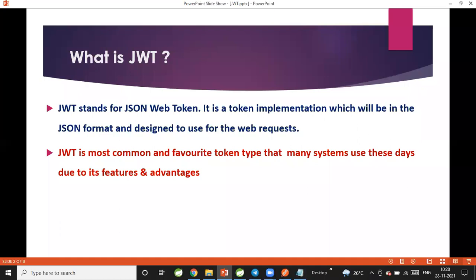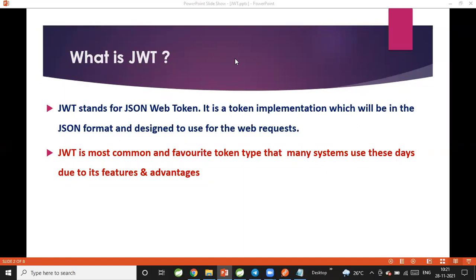If you enter that OTP, then only the transaction will be completed. So that OTP is used to secure the application. Can we say the OTP is a token which is used by the application to secure it?